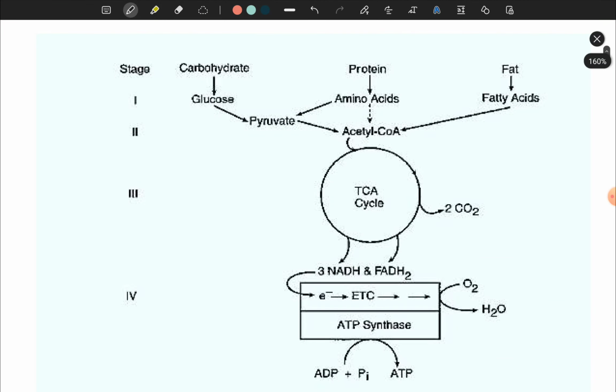We talked about carbohydrate. We talked about how the carbohydrate has been digested and converted to glucose to be absorbed, and how glucose converts to pyruvate in glycolysis. And then pyruvate is seen by an enzyme, PDH, converting to acetyl-CoA. And we talked about the TCA cycle as well, how it will give off CO2 and around 12 ATP per cycle.